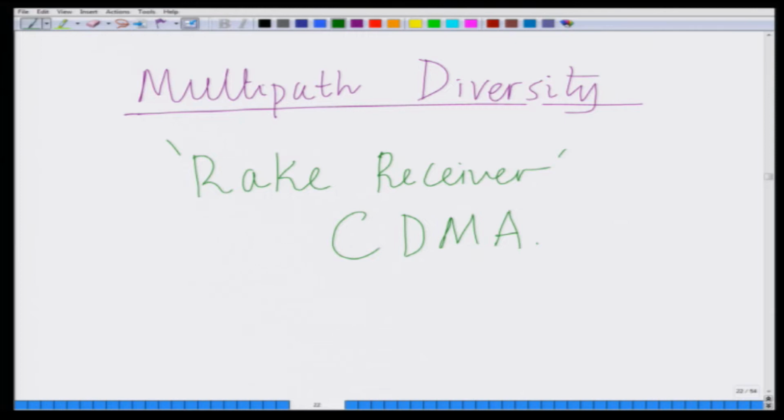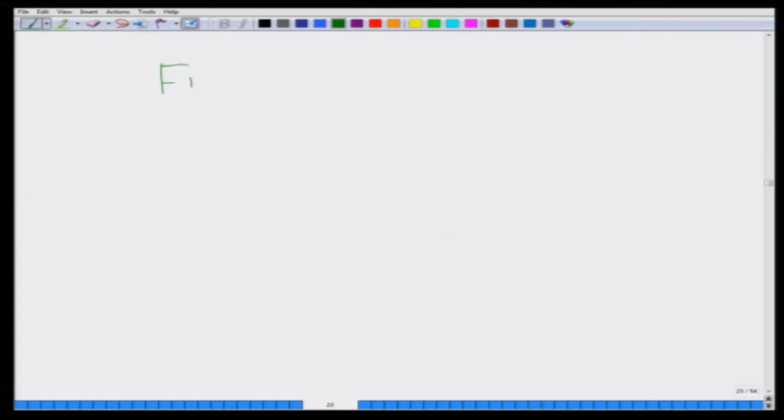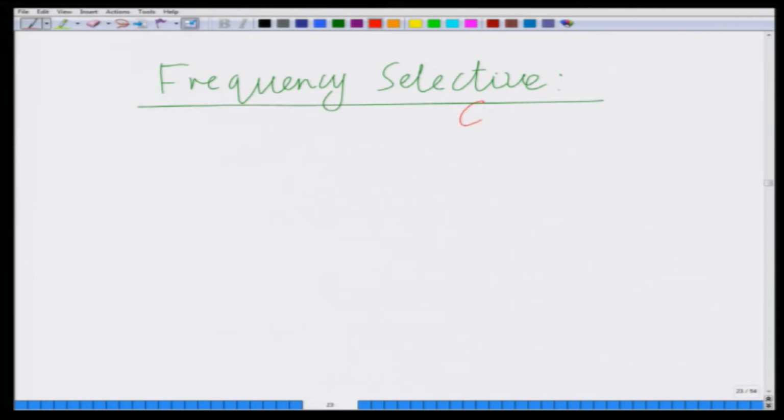So, to illustrate this concept of multipath diversity, let us consider a frequency selective channel. We have not considered, we have only considered a flat fading channel so far. Let us now consider a frequency selective channel. Let us see how a frequency selective channel can be modeled in a wireless communication system. So, we have our frequency selective channel. So, for this frequency selective channel, consider the transmission of symbols